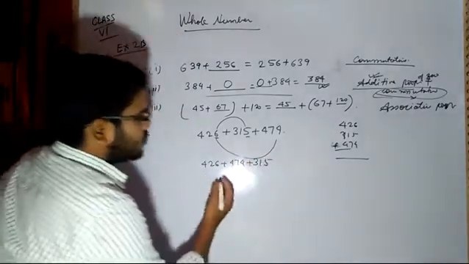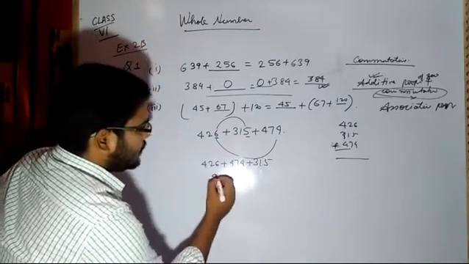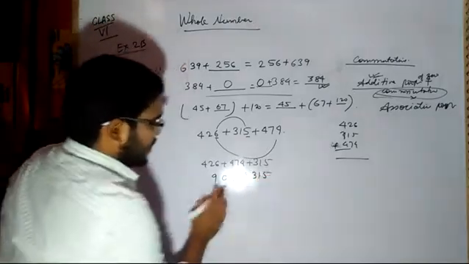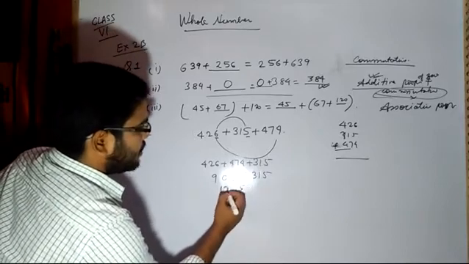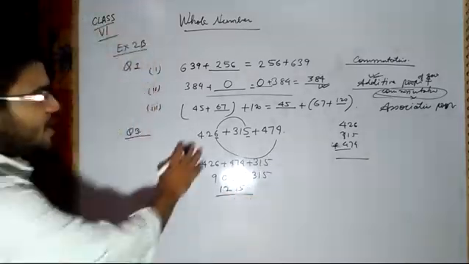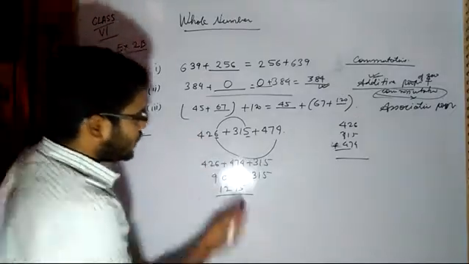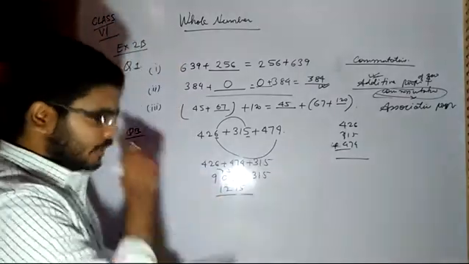Now you add these two. 6 plus 4, 10, 0, 900, right? Plus 315. 900 plus 315, 0, 0. So easily we can add 9 plus 3, 12. So in this way we will be arranging the numbers in a suitable way, so that I will get 0, 0 in the unit and tens place, and the remaining numbers we can add.